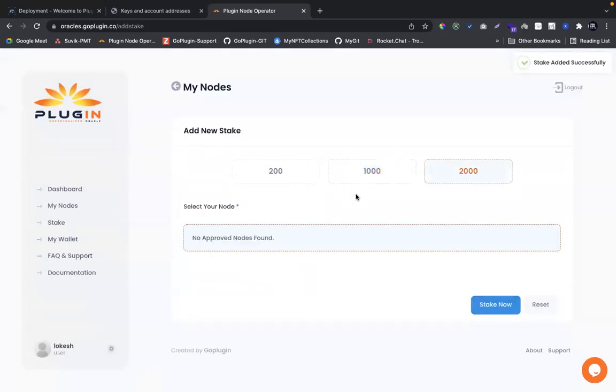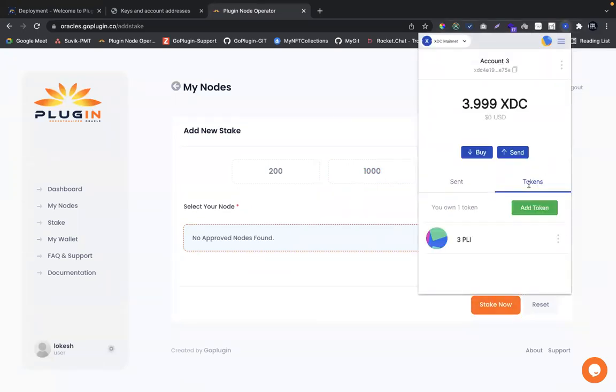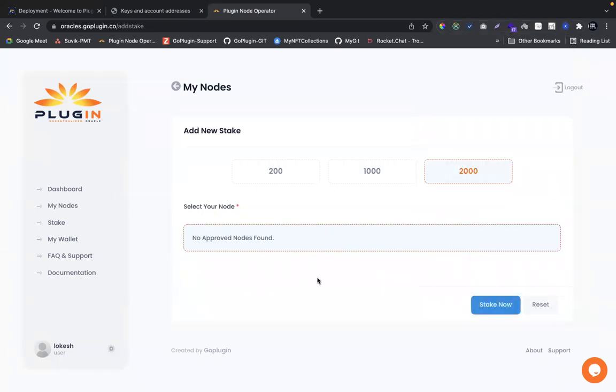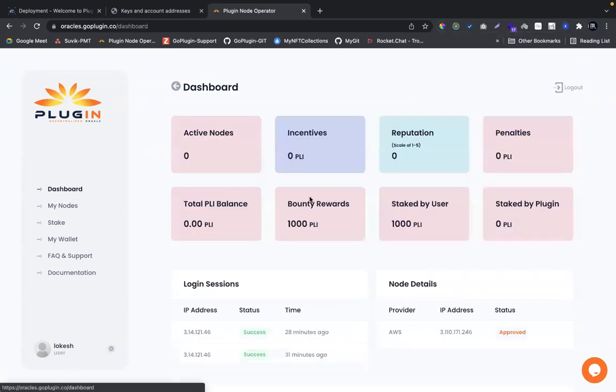It takes some time. Yes, it is done now. You can see your token balance should be deducted, right? It is now 3. Initially I had 1003, now it is just 3. 1000 has been staked from my kitty. If you look at the dashboard, you would see staked by user is 1000, but bounty is still 1000, right?